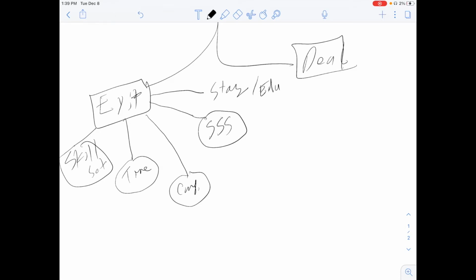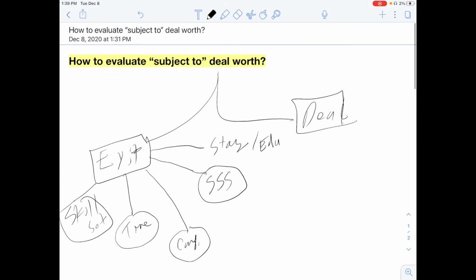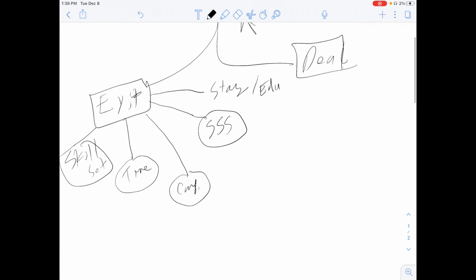Do I need, or the person that I'm going to wholesale the deal to? Now, why am I thinking about all the psychological aspects? Because that's going to determine the deal worth. It's not just the numbers. There's a lot of other stuff in play that's going to determine the deal worth, not only for myself if I was going to buy it, or if I was going to wholesale it out to someone else.